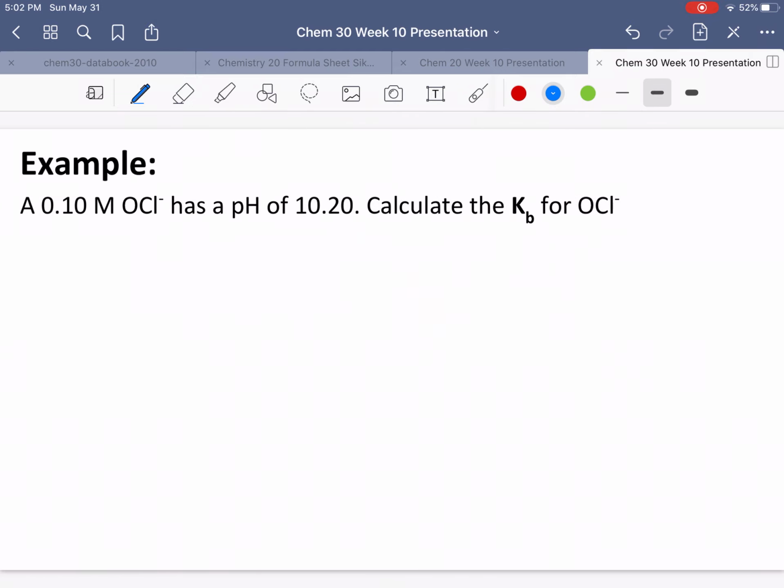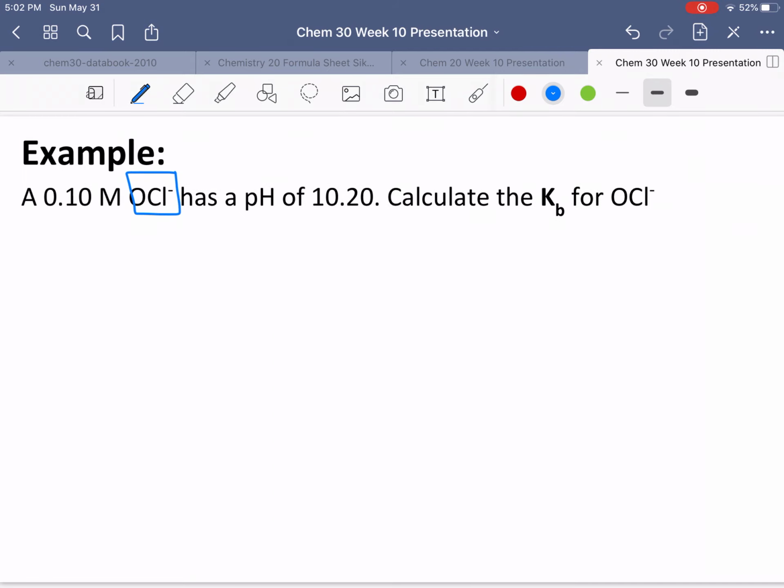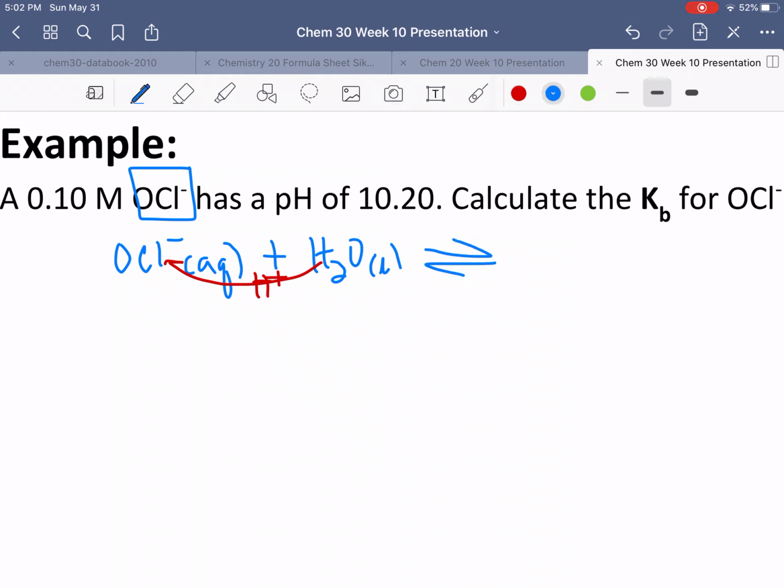We did a very similar one in the context of a weak acid. In this case, we have our anion, OCl negative, and this anion is going to react with water. So that weak base, OCl negative, reacts with water. When it reacts, the proton from water, just one, it's always one at a time, goes over, and we end up with two arrows, it's equilibrium, HOCl,